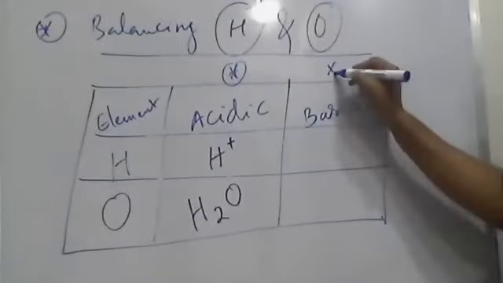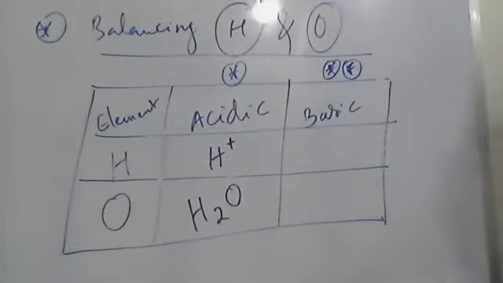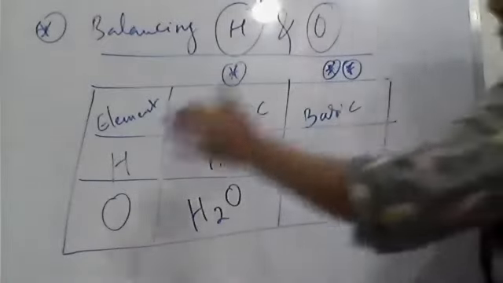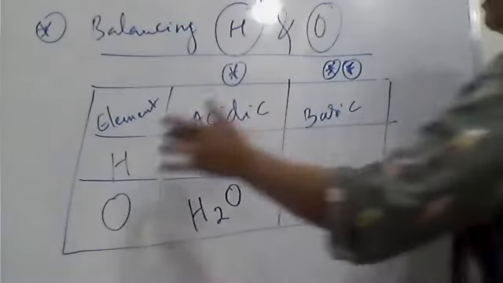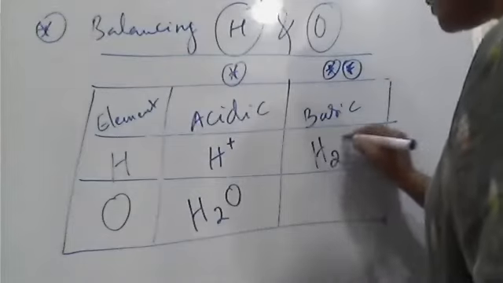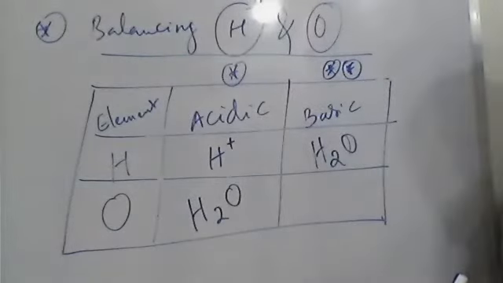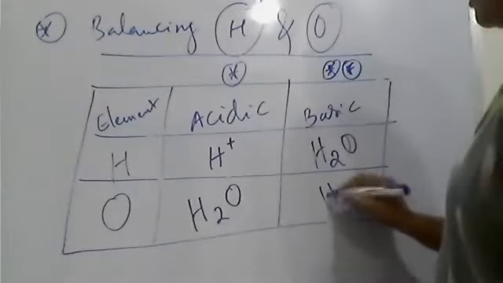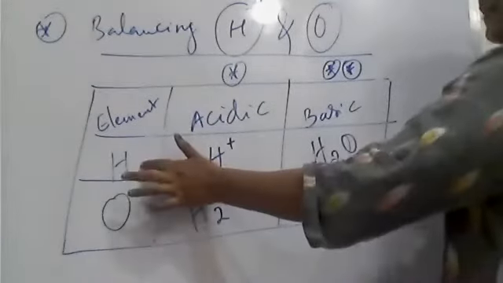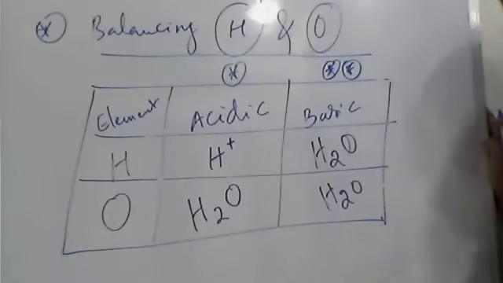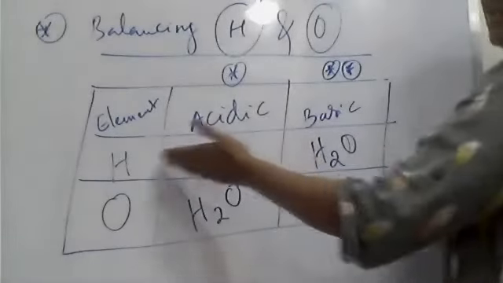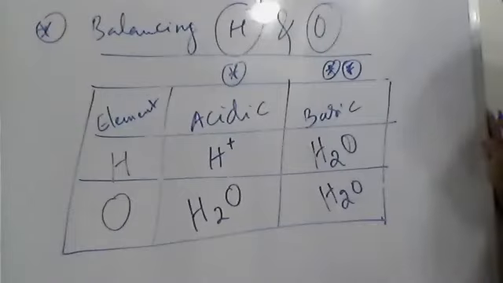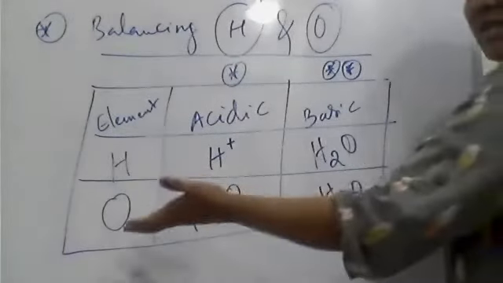Now here is a little confusion. Now in basic medium, very, very important, I'll put a double star here. Note the first point: to balance both hydrogens and oxygens, wherever you need hydrogens, you have to add H2O. And for oxygens also, you have to add H2O. One hydrogen, what do you add there? H2O. 2 hydrogens, you add H2O. 5 hydrogens, you add H2O based on the required number. 1 oxygen, H2O. 2 oxygens, 2 H2O.